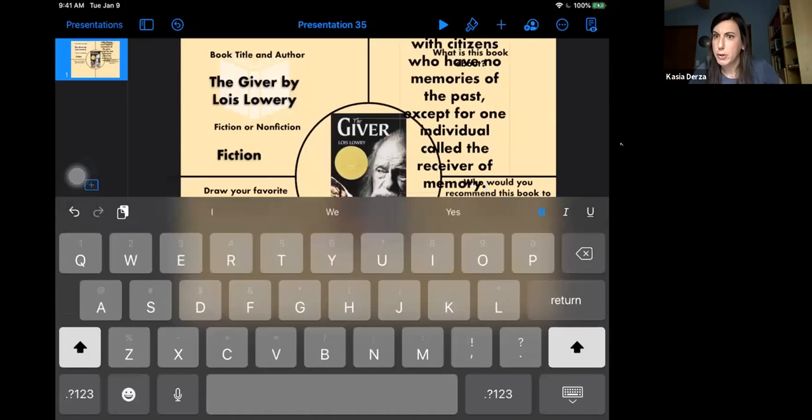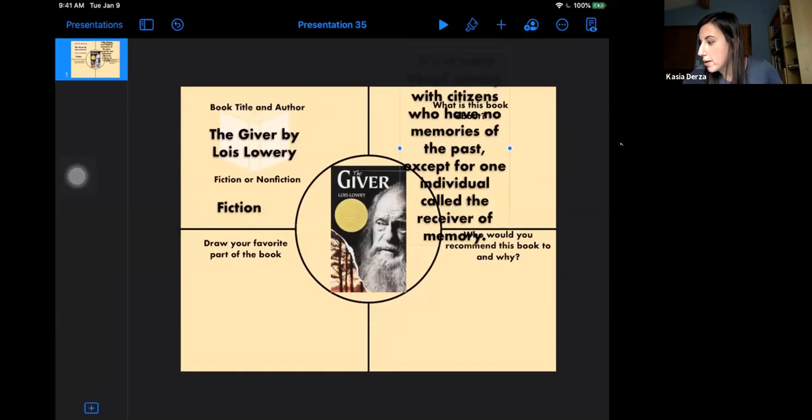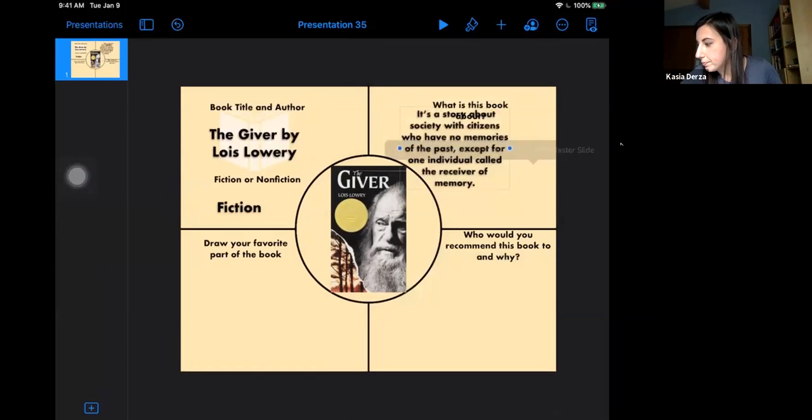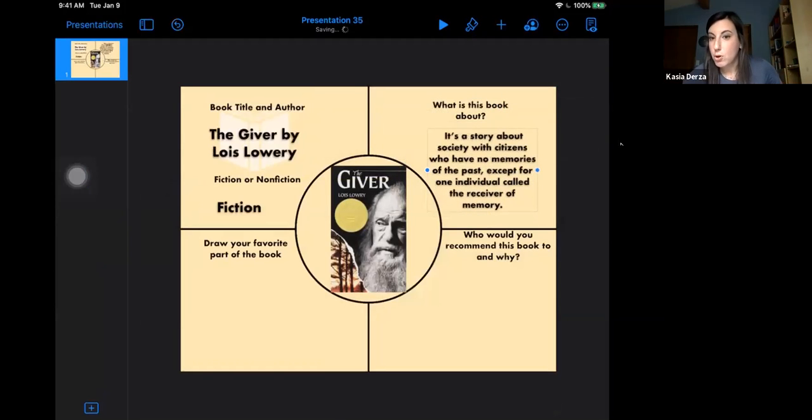Now I had to speak a little bit slower, but when you speak faster, most of the time it picks it up too. And you can see it's a little big, so I'm gonna go to the style paintbrush. And I'm going to make it a little smaller, 24, I think that fits. Okay, so go ahead, you can try that right now as you're doing your book report with the other two,